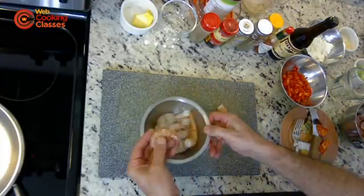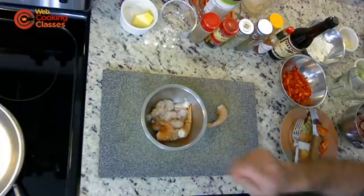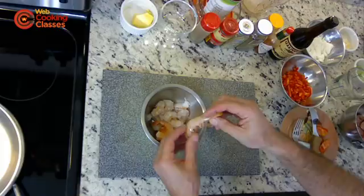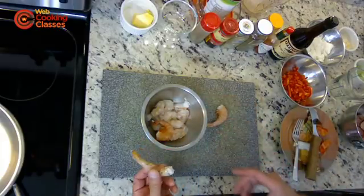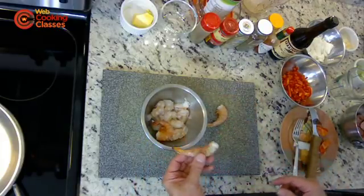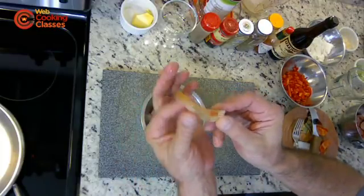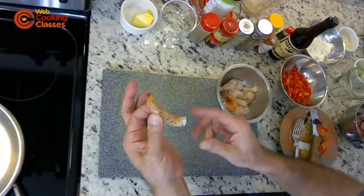I got smaller shrimp for this dish because it's like a fork dish. If I was going to stuff shrimp, I wouldn't get them this small. And I think really big shrimp that you have to cut with a knife in an etouffee just really doesn't work for me. Okay, so this is the way I clean shrimp, move that so you get some contrast,